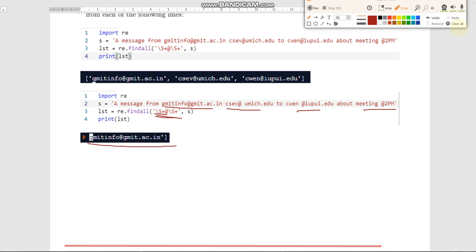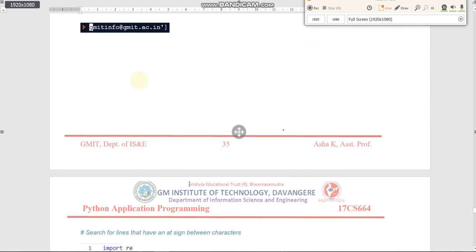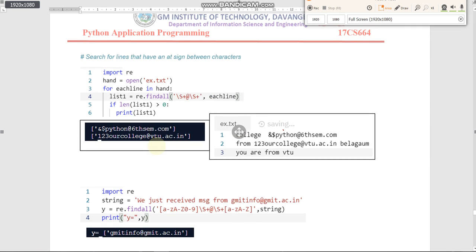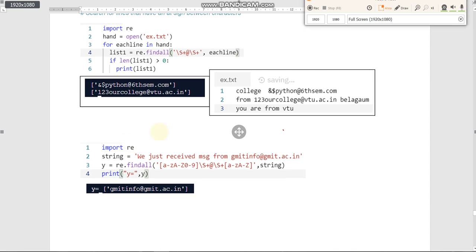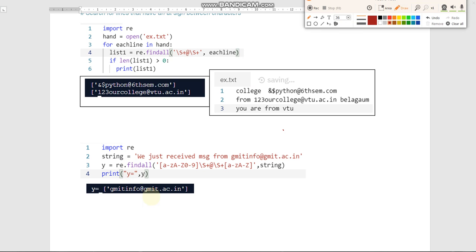Okay. So now consider the next example. All these examples are showing how we can extract the interested pattern from the input text file, or from the given string. So here also see this one. The difference between this program and the previous program: we have given the pattern like this.